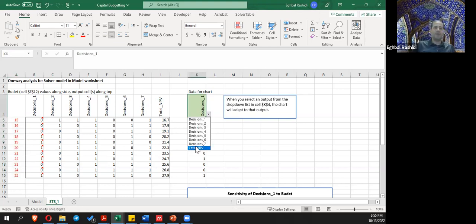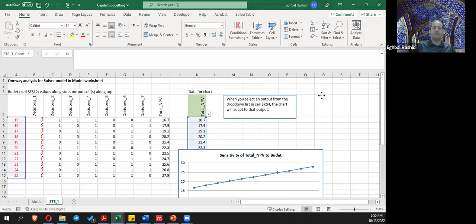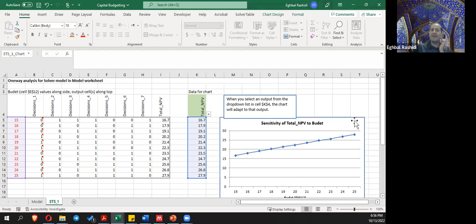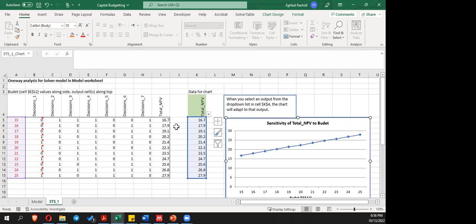Let me first check the total NPV graph here. So as you see, as our budget on the x-axis increases, almost linearly, our total NPV on the y-axis increases as well. But this is not exactly